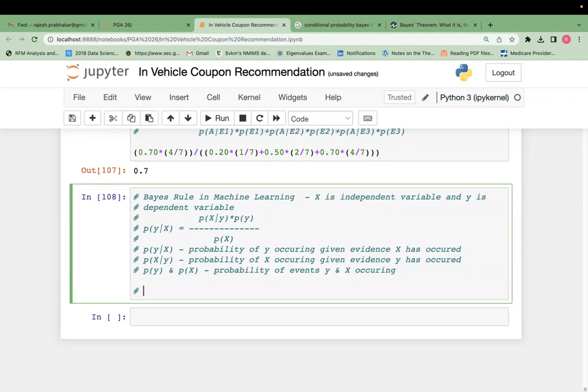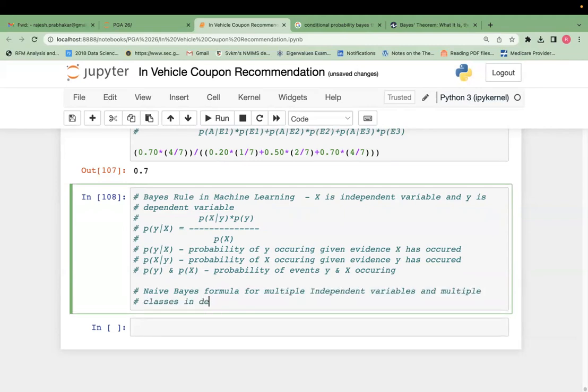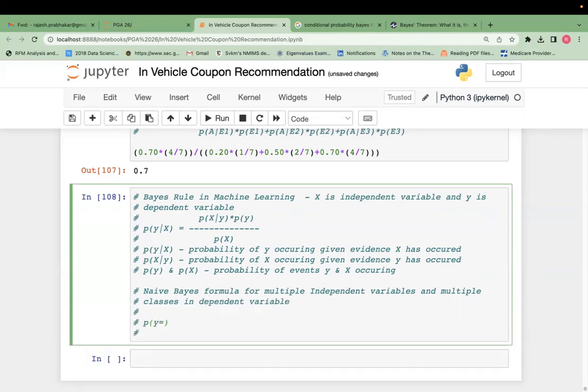So this is the formula if you have one independent variable. Now the Naive Bayes formula for multiple independent variables: probability of Y equal to K given X is equal to probability of X1 given Y equal to K, multiplied by probability of X2 given Y equal to K, multiplied by probability of X3 given Y equal to K, multiplied by probability of Xn given Y equal to K, multiplied by probability of Y equal to K,